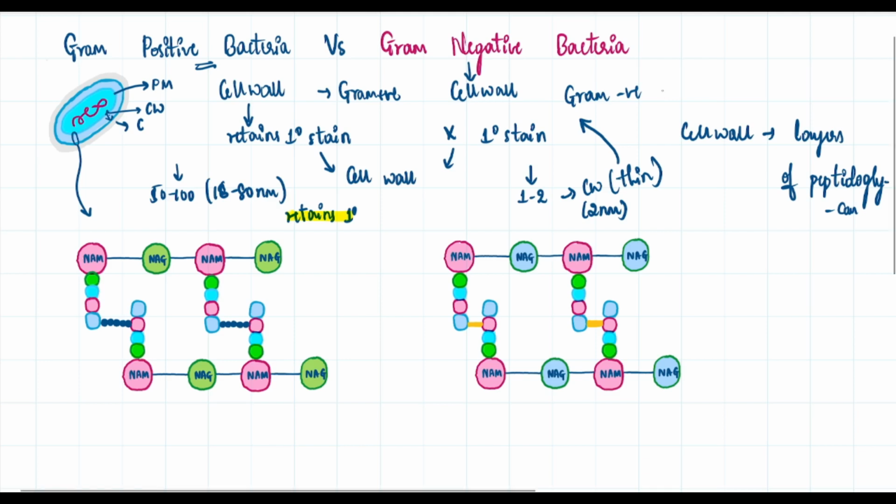Now, the difference in the cell wall I will discuss in detail, right? That is the gross aspect of gram-positive and gram-negative bacteria. We will discuss the cell wall in detail. See, as I said previously, the cell wall is made up of layers of peptidoglycan. These are the layers, right? Many peptidoglycan layers. If you consider one single layer, this is one peptidoglycan layer, we can see it is made up of cross-linked or interlinked mucopeptide.